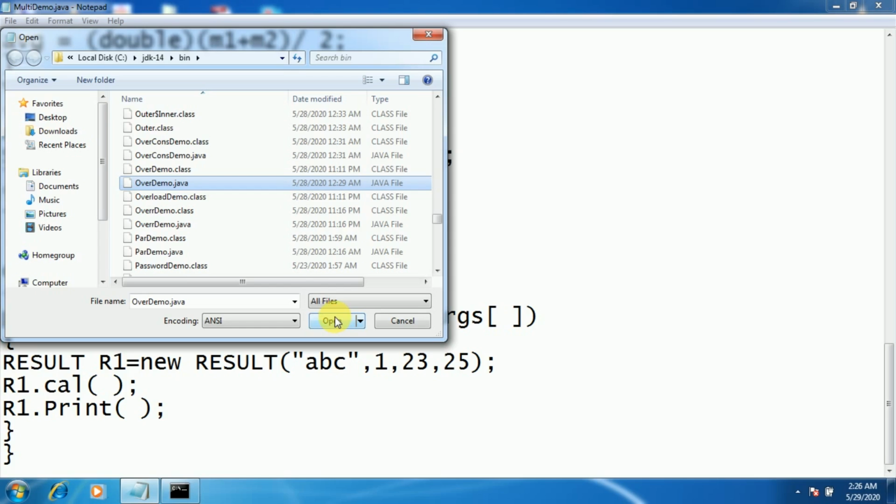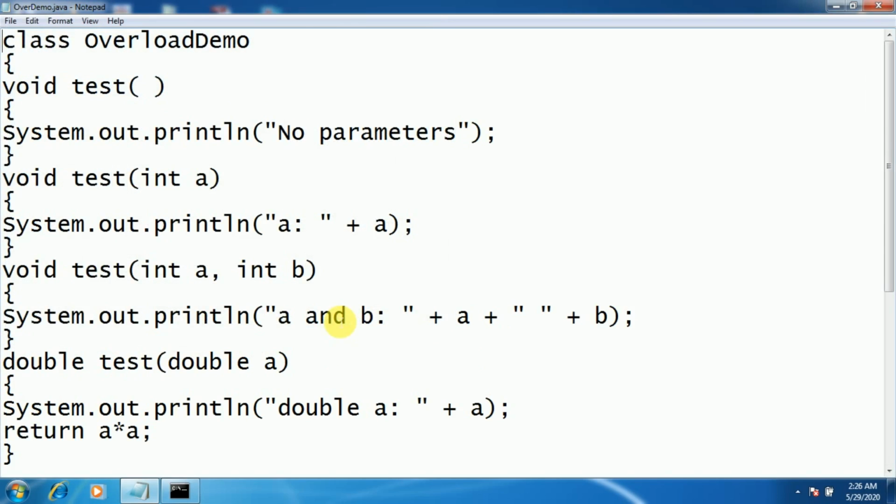Method overloading is the process of defining more than one method with the same name but different signatures. Different signature means a different number of parameters to the method, or if the same number of parameters, different data types of those parameters. That we call method overloading.